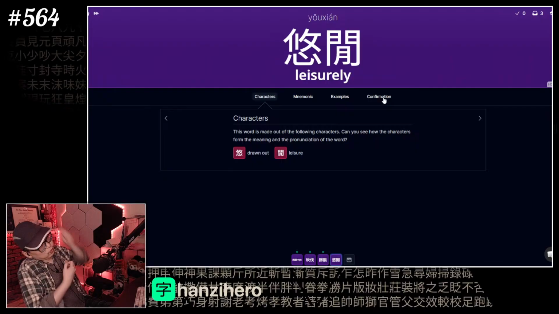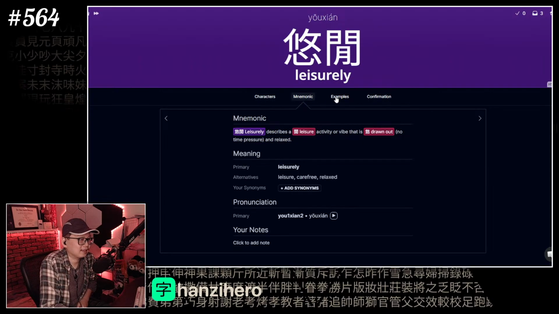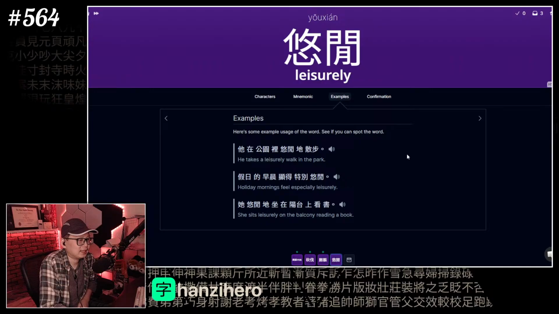Yo is to like draw out, so basically casually or leisurely, and then 闲 sleepily, leisurely. Okay, it's just drawn out and leisurely. Yeah, okay. I got you. Carefree, relaxed. 他在公园里悠闲的